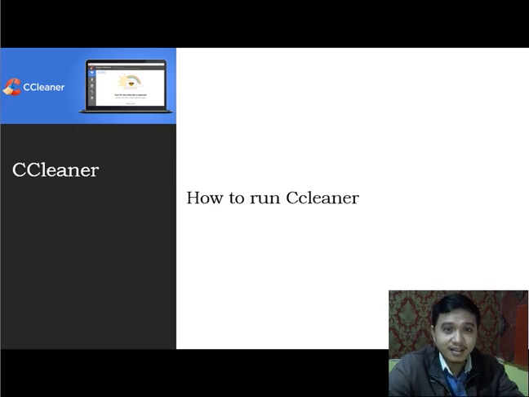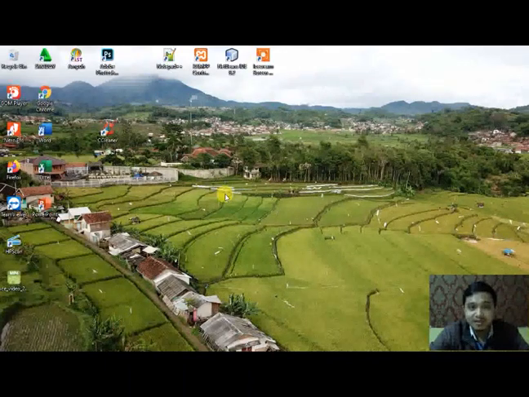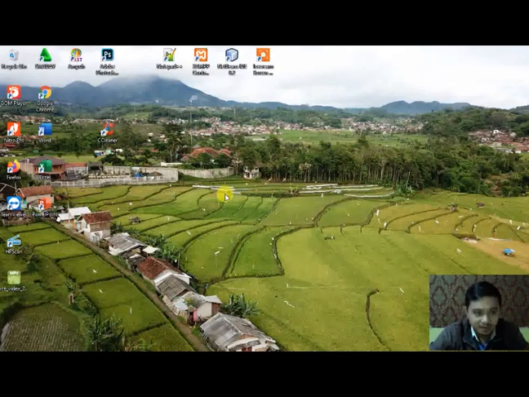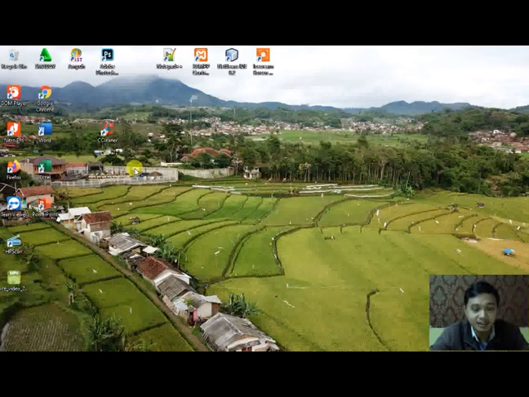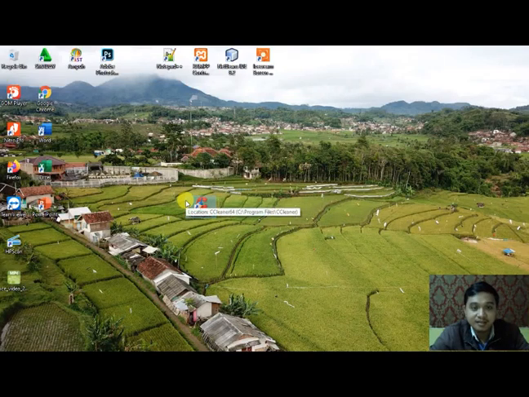Okay, let's check it out, guys. Okay, everyone, now we will try to run CCleaner that we talked about before. First things first, of course, you must install the CCleaner application on your computer. You can download it from the internet.